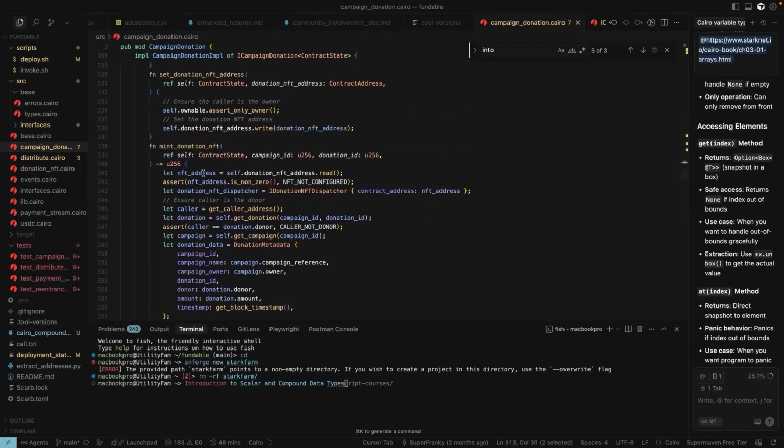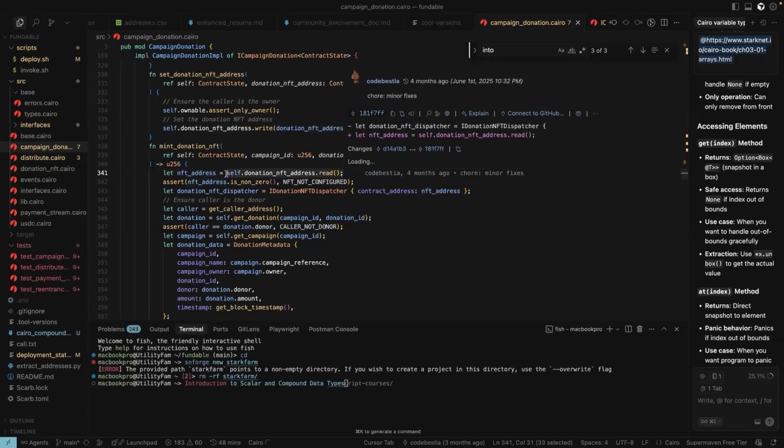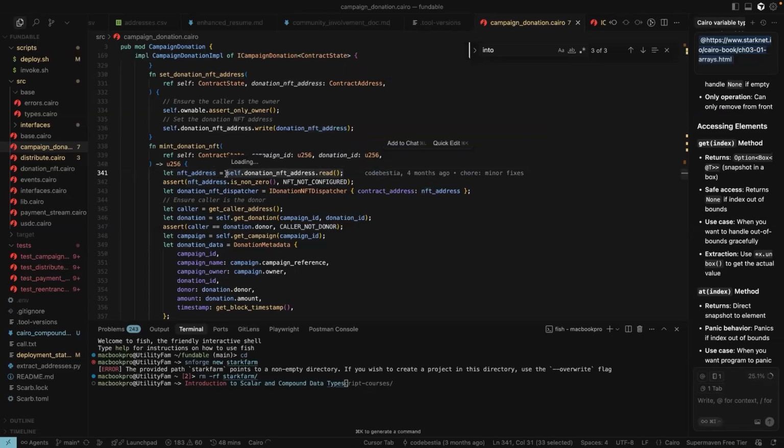This is an implicit variable declaration. Is that understood? This is actually a variable, but it is not annotated because the compiler can infer that this is a type of smart contract address. Are you following? This is just telling you that the compiler can figure out what type it is